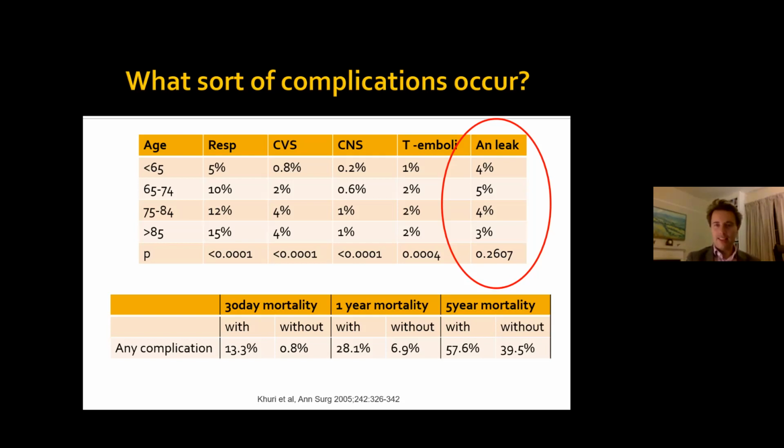But if we look at the data here, what we can see is these anastomosis failures are actually not particularly elevated from this colorectal series with advancing age. But what was striking, of course, is the increase in medical complications. So we've got a rise in respiratory complications from 5 to 15% in younger versus older patients, cardiovascular complications, arrhythmias, events, 0.8% to 4%, neurological complications, TIA, stroke, delirium and so forth, going from 0.2 to 1, and VTE risk also rising. So these are medical complications that these patients are suffering from in older age, rather than those sort of classic